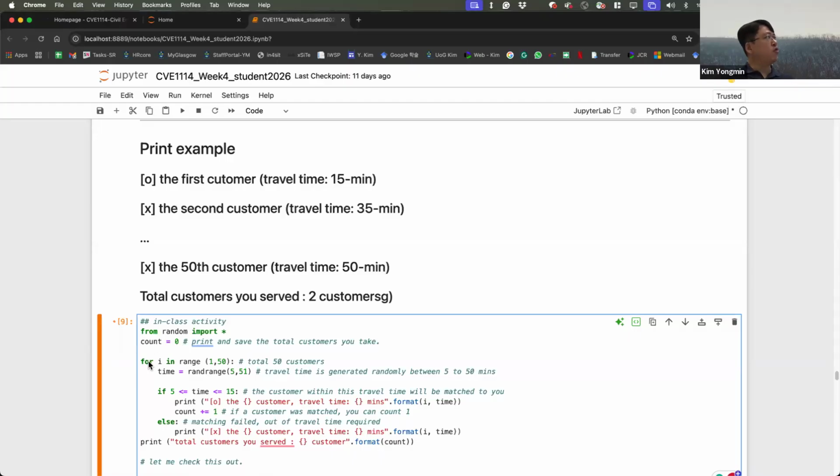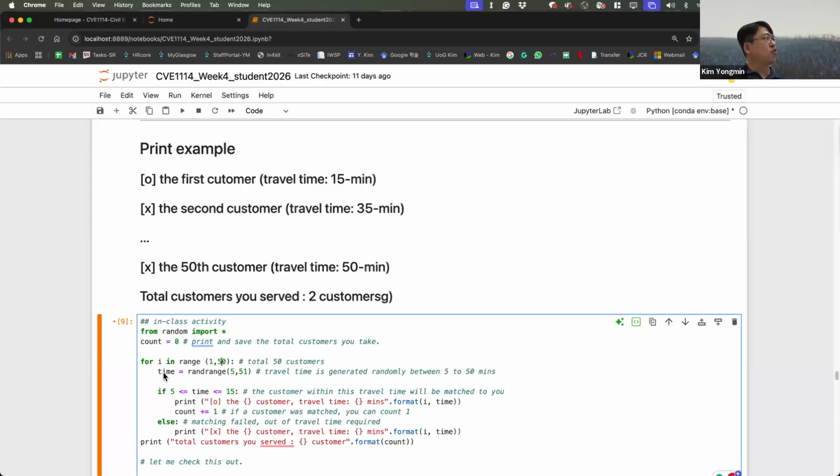And then we use a for loop: i is in range 1 to 50, total 50 customers.